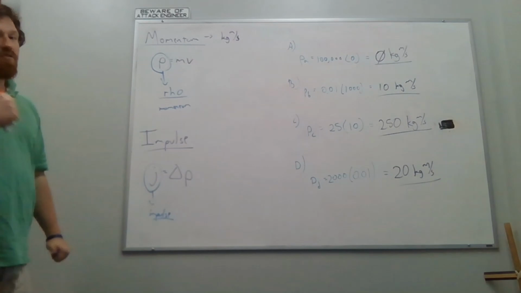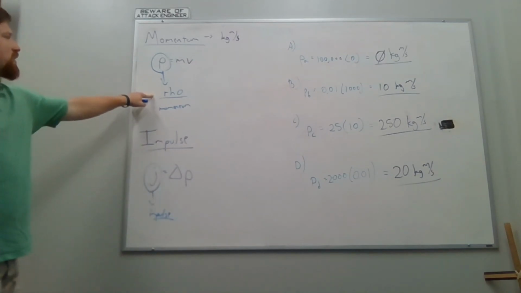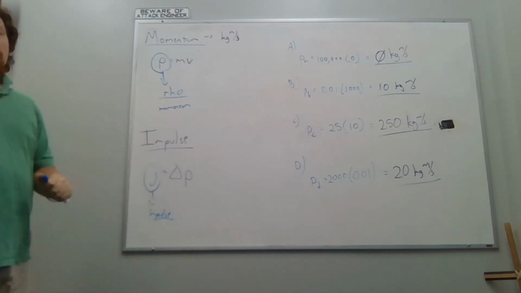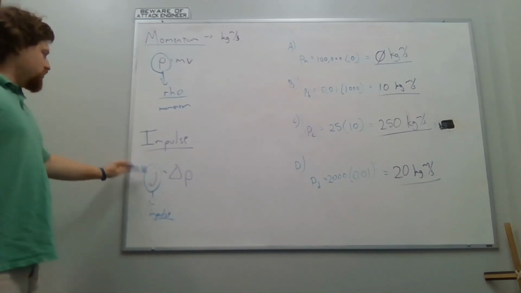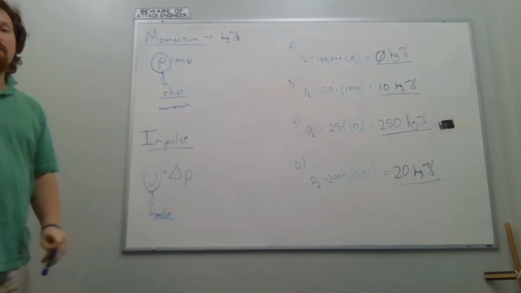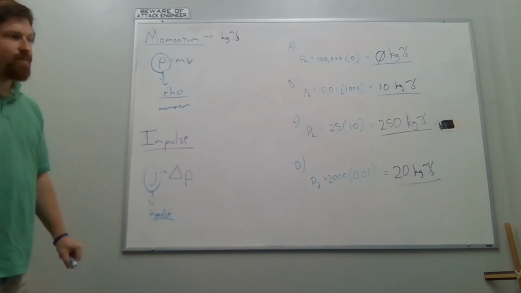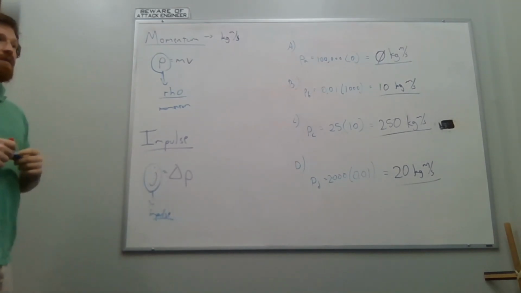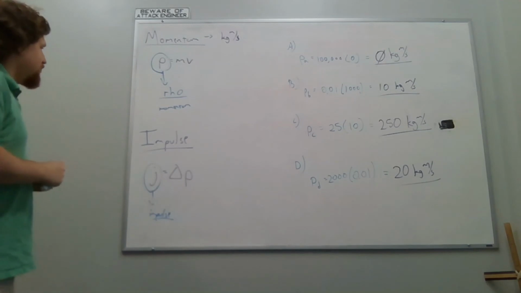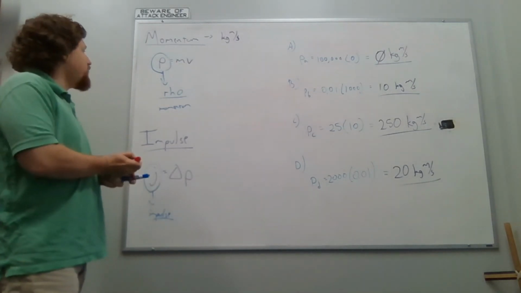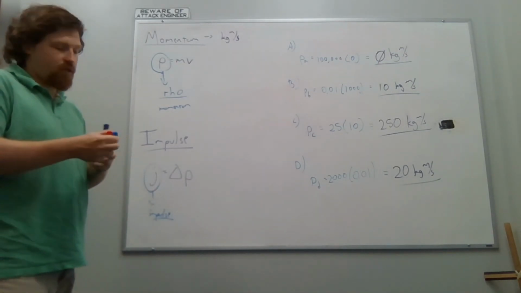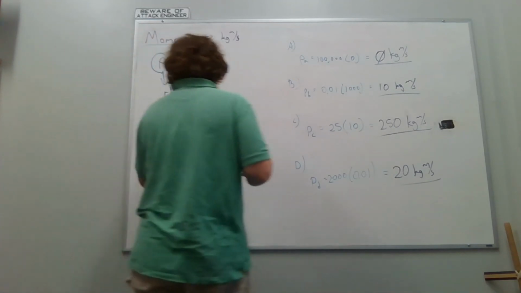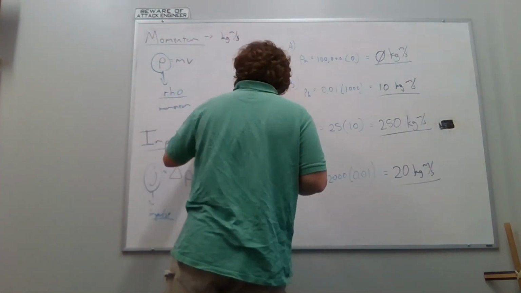The way that I like to remember it is, rho stands for momentum, so rho-mentum. J stands for impulse, which I remember as Jimpulse. But that's just because my brain makes those puns all the time. Now, because impulse is just the change in momentum, it is also measured